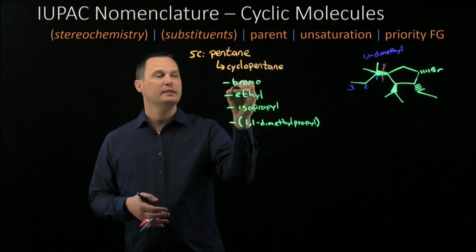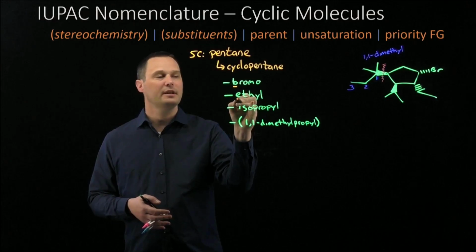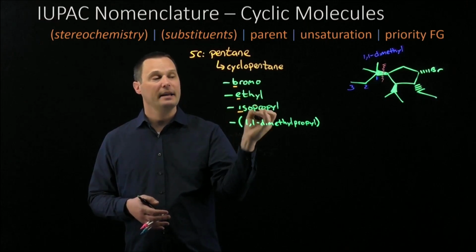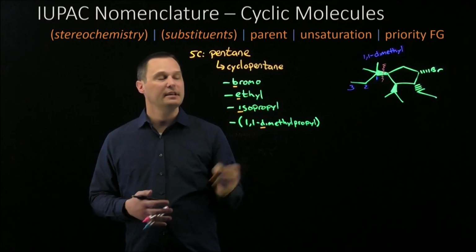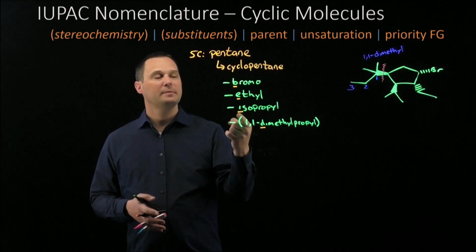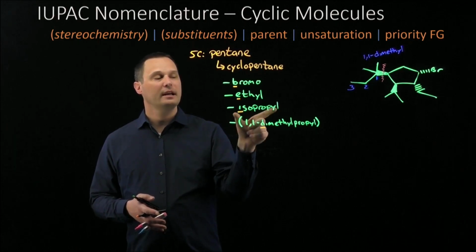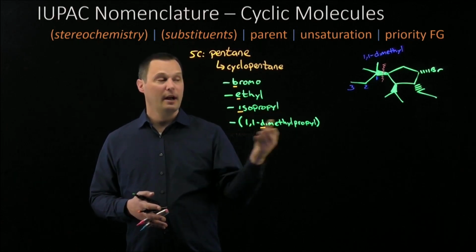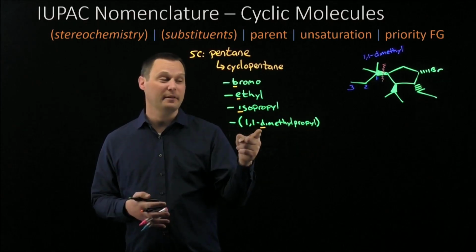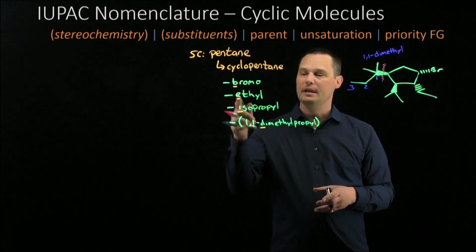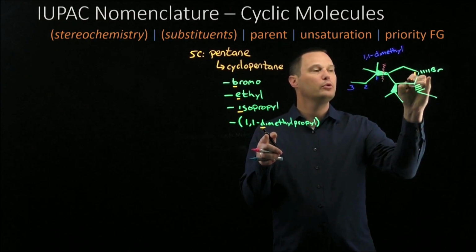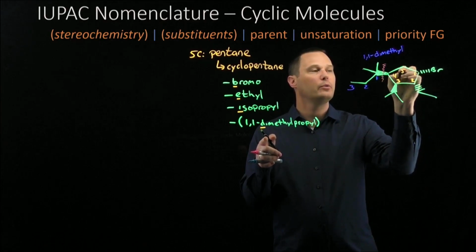To alphabetize this list, we'll use the B in bromine versus the E in ethyl versus the I in isopropyl and versus the D in dimethyl. We do alphabetize by the I in iso and the C in cyclo when those are substituents. And for complex substituents, we just alphabetize by the first letter, whatever it is. B is alphabetically before D, so the bromo group will be at carbon number 1 and we'll number around the ring